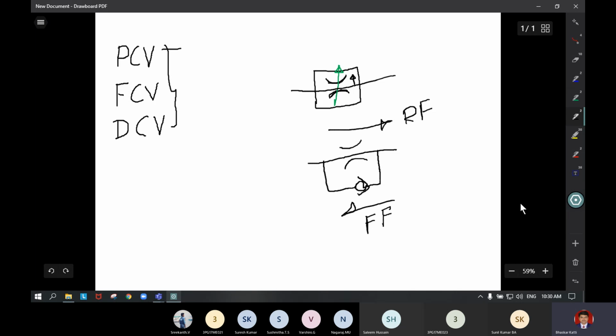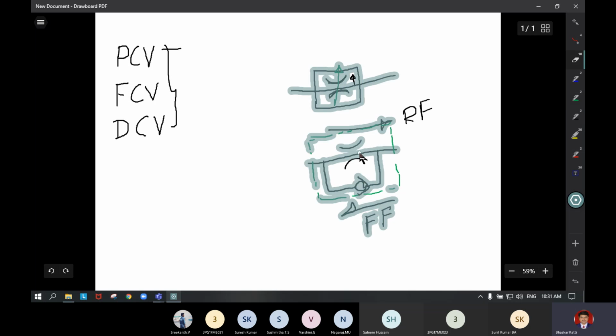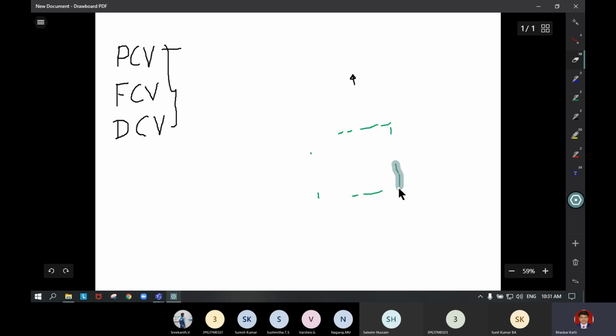This entire setup has to be enclosed in a chain line, which indicates the grouping of different components. So this will act as a single component. This restrictor along with the check valve has to be written inside the box which is a chain line. So this is the reverse free flow control valve. In flow control valves the graphic symbols are only this much. There are not many types of valves here.